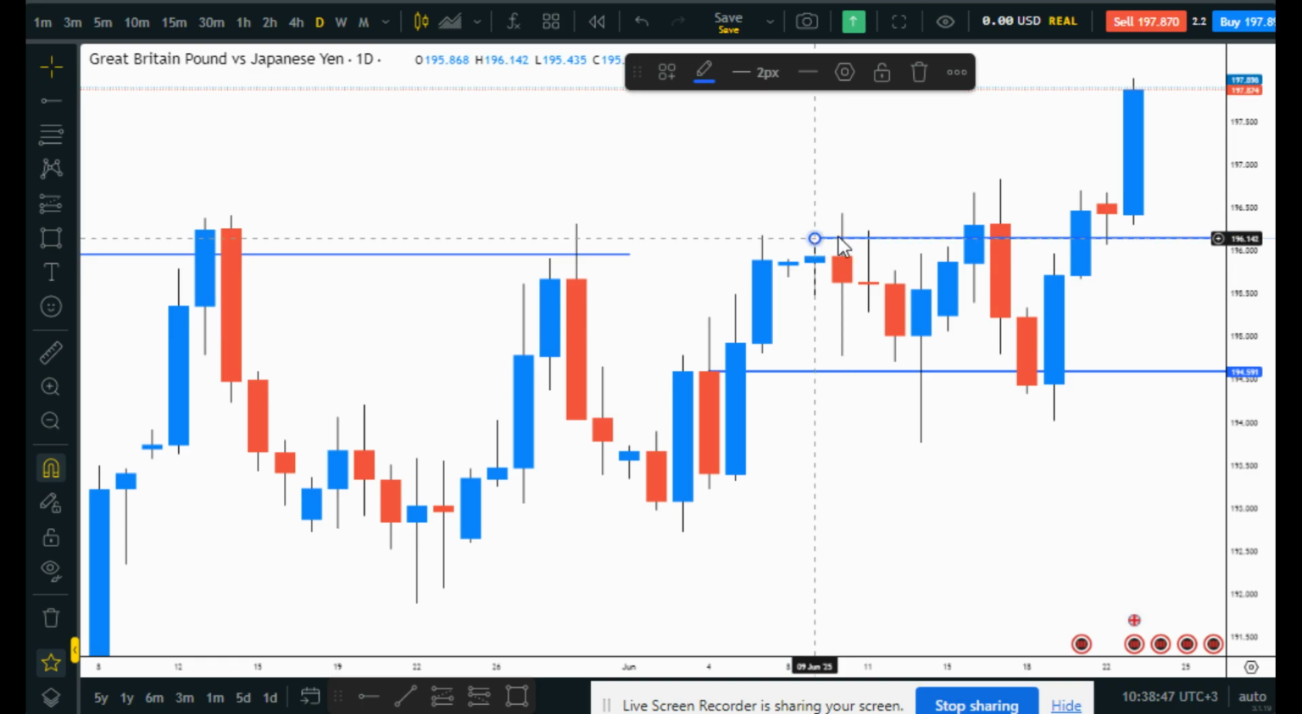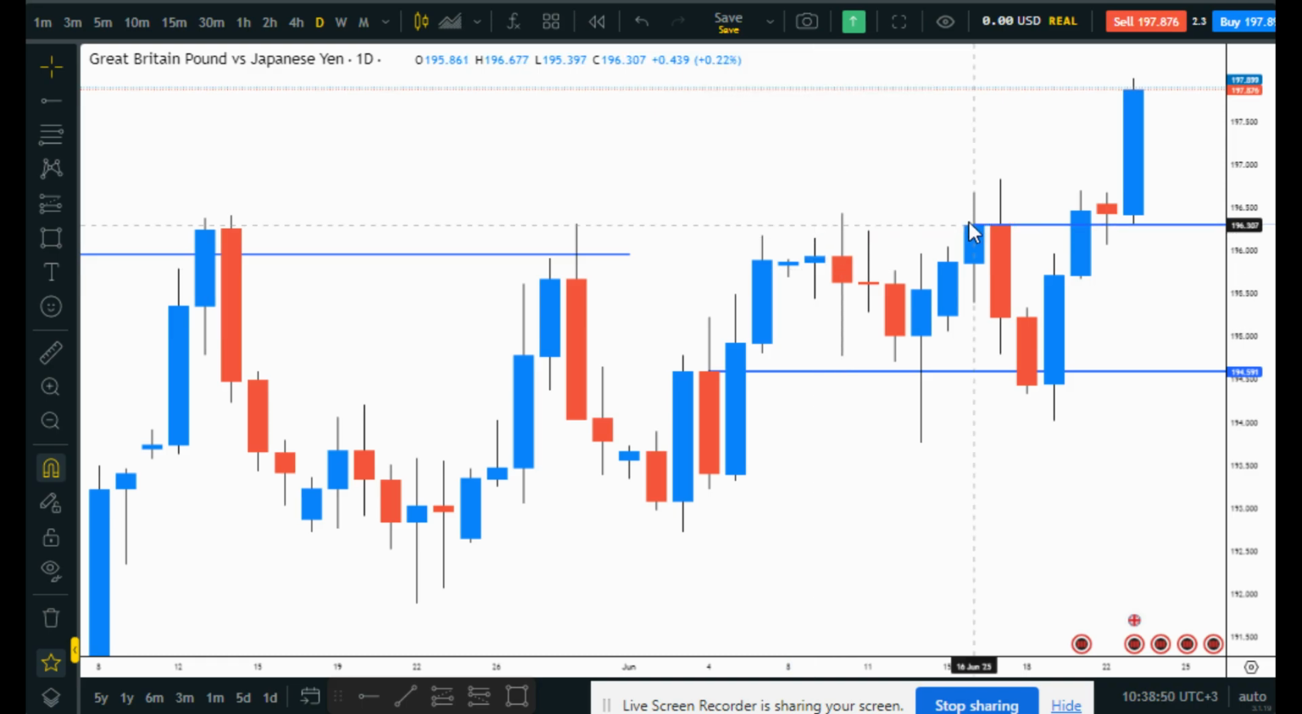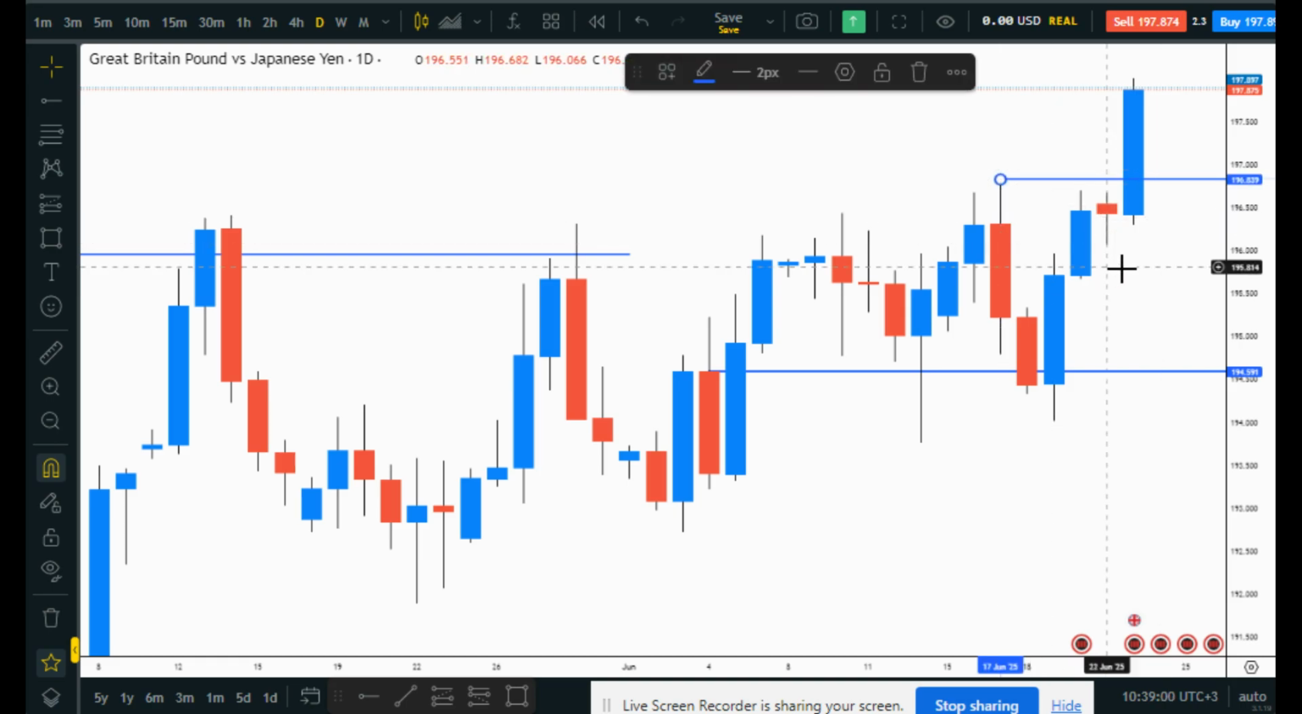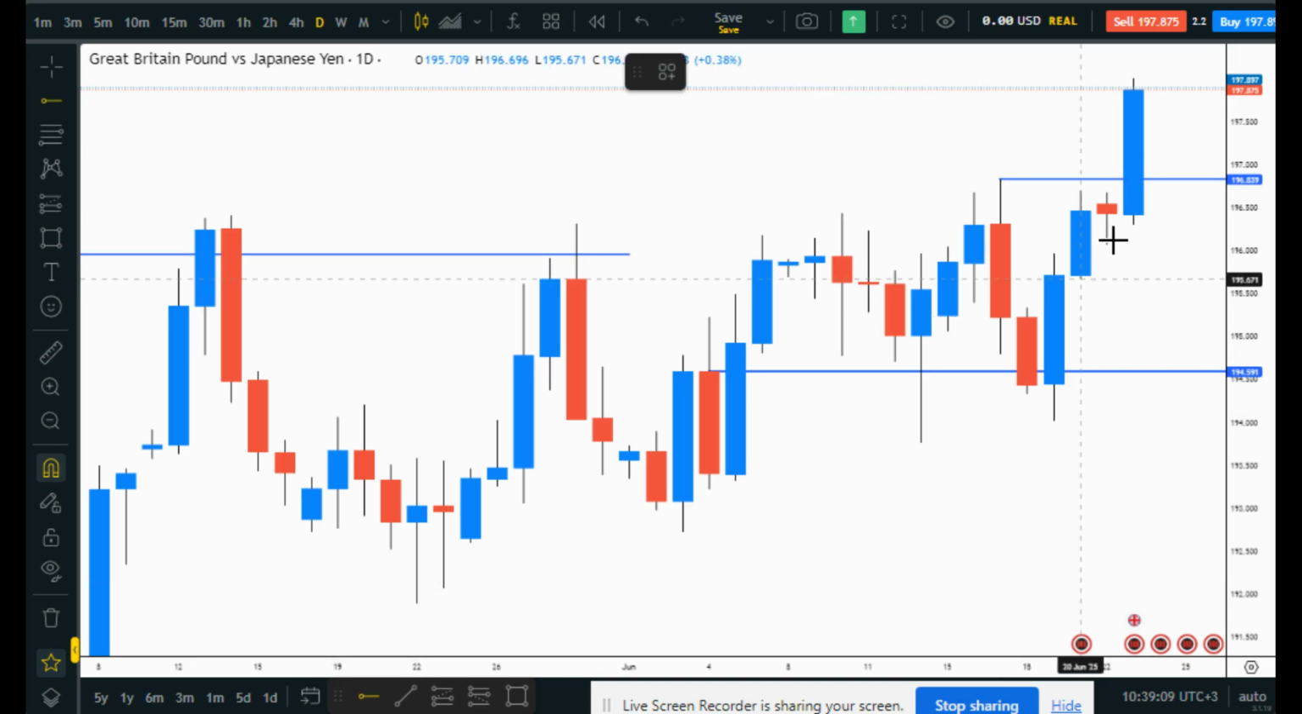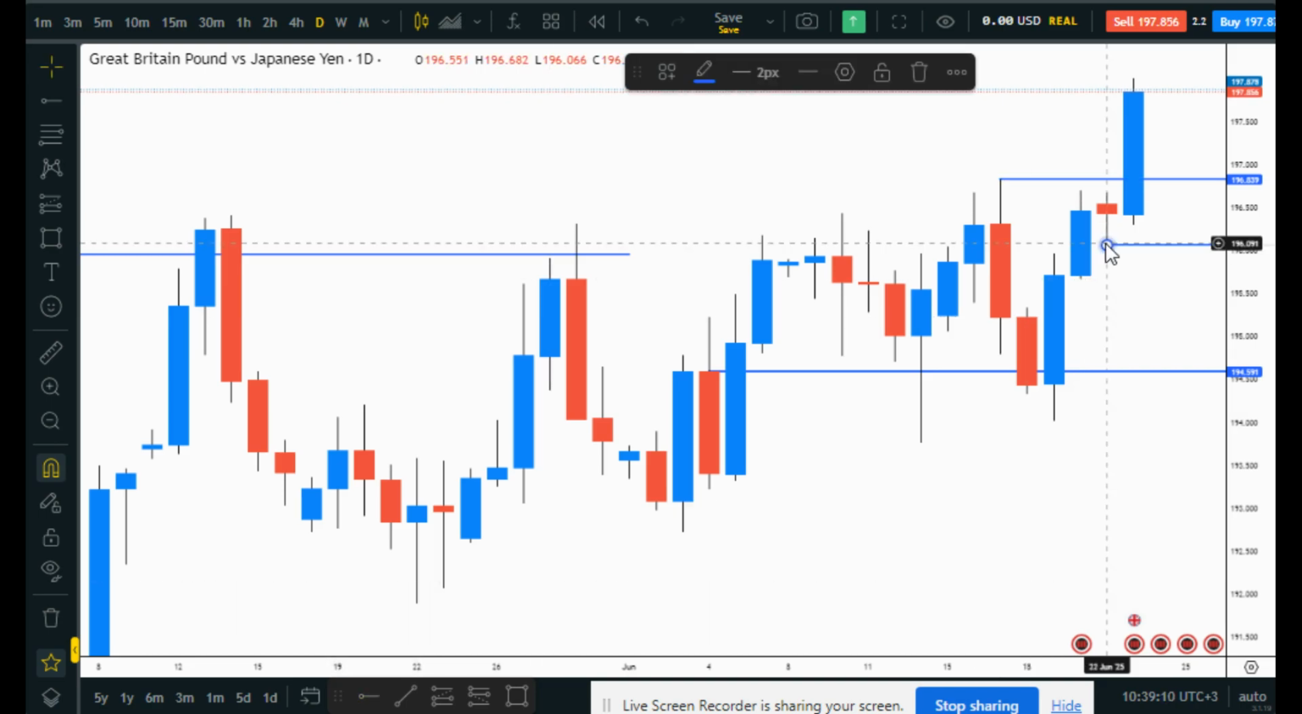I tried to mark these areas. I try to mark this area as my point of interest where the price must come and break above here. So what I saw yesterday, I did mark this level over here. I did mark the recent low and the recent high of the previous candle, which was the Friday candle, so that we did have to get this entry here. So I marked it very well,